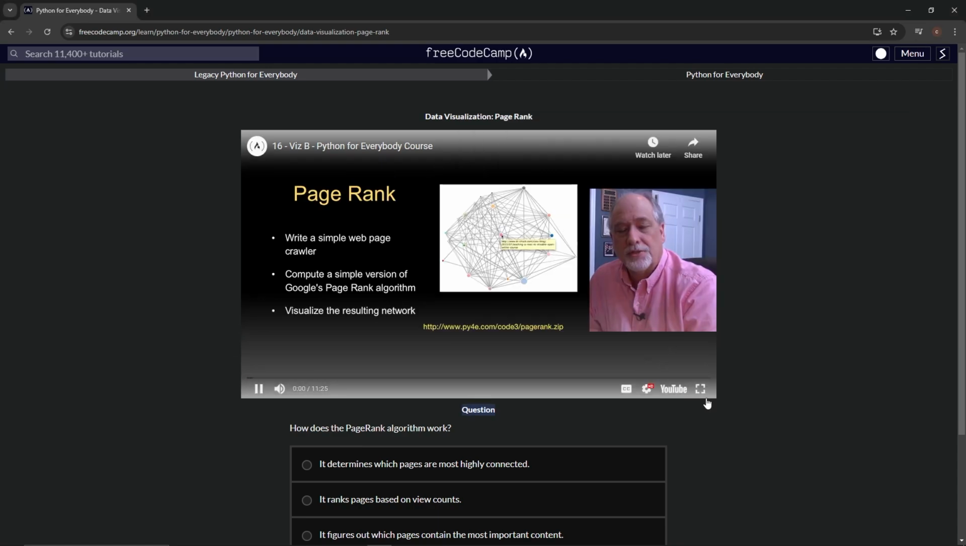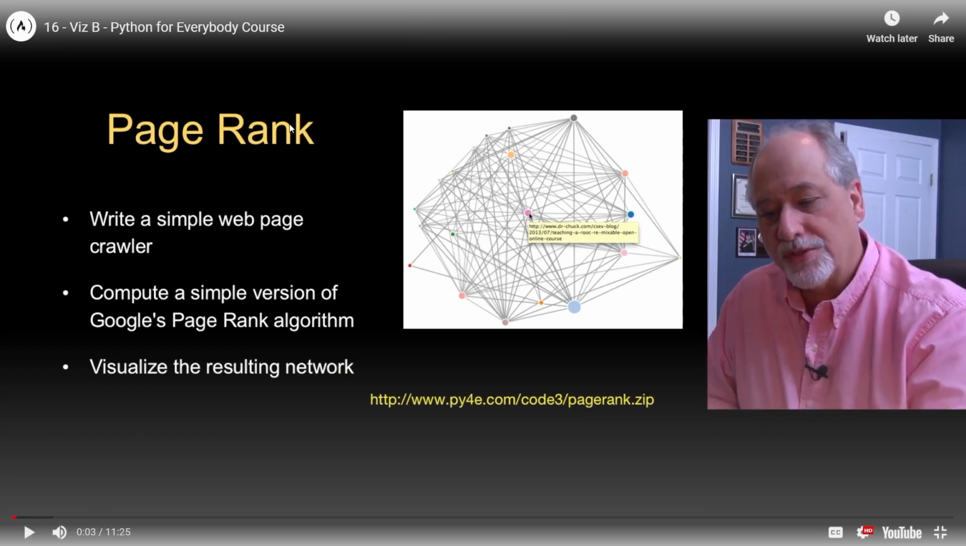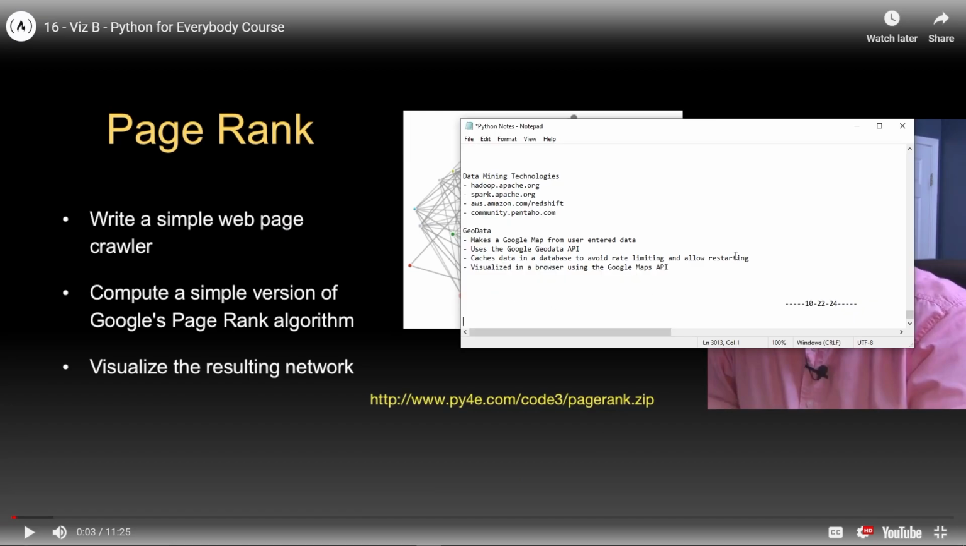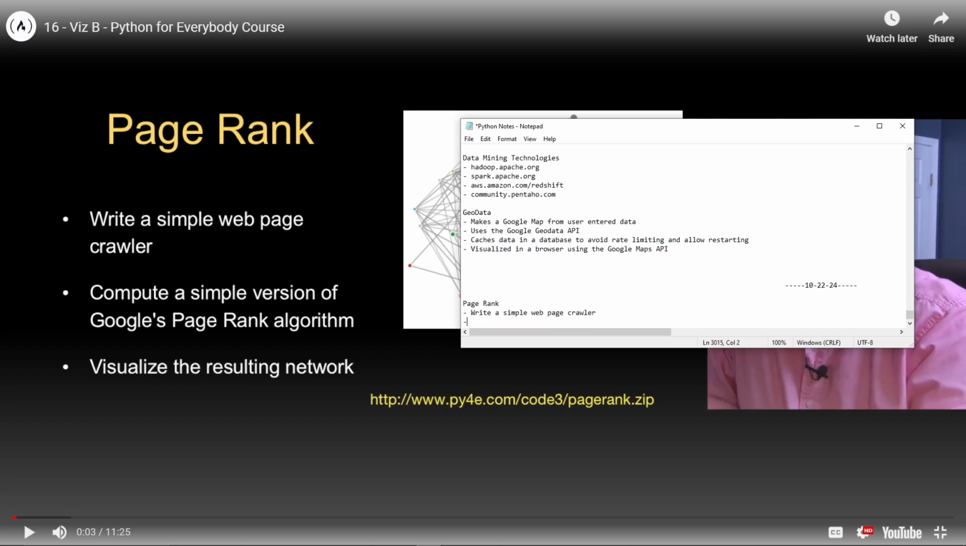Play. So now we're going to write a search engine. All right. So before we get into that, let's get this PageRank thing going on. Let's write this down. PageRank. This is very important. We're going to write a simple web page crawler. We've done that before. All right. We're also going to compute a simple version of Google's